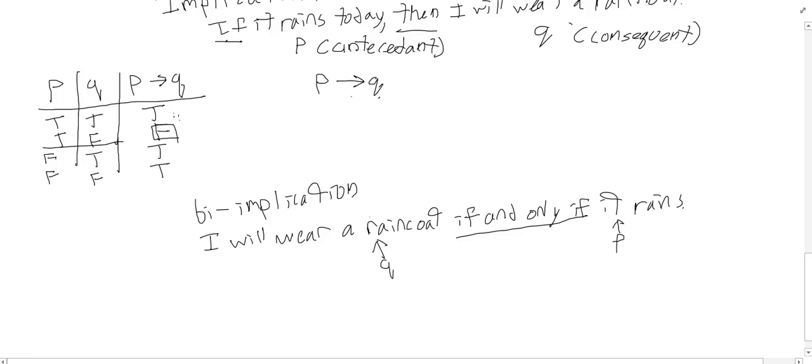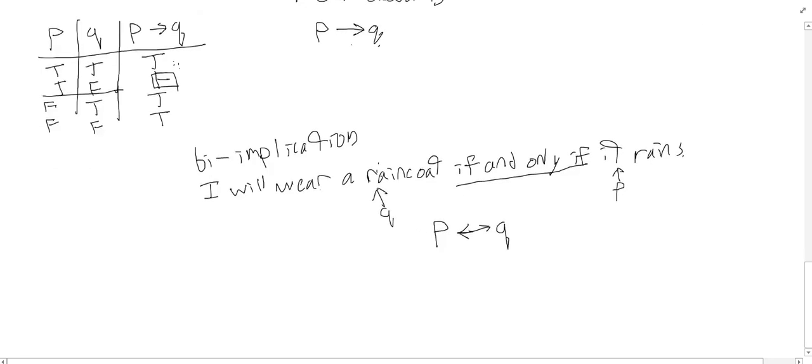So let's take a look at the truth table for this. For the record, the notation would be P, Q, and then our connective, the biconditional, as this is known. It's a double-headed arrow: P implies Q, and Q implies P. So what does this mean? Well, this means that